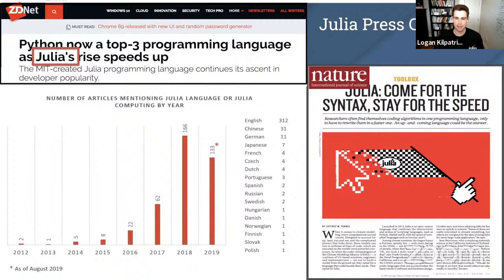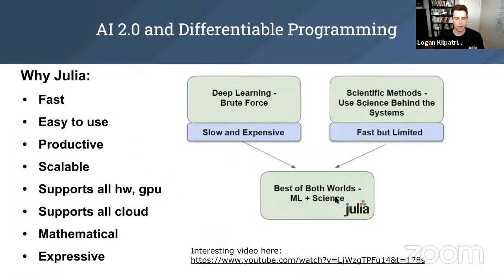I think it's a positive sum game. Everybody playing is going to win, and it's good to be a part of that. So if we think about why specifically developers would want to use Julia, we talked about this a little bit earlier, but some of the limitations between Python and Julia, if we think about the